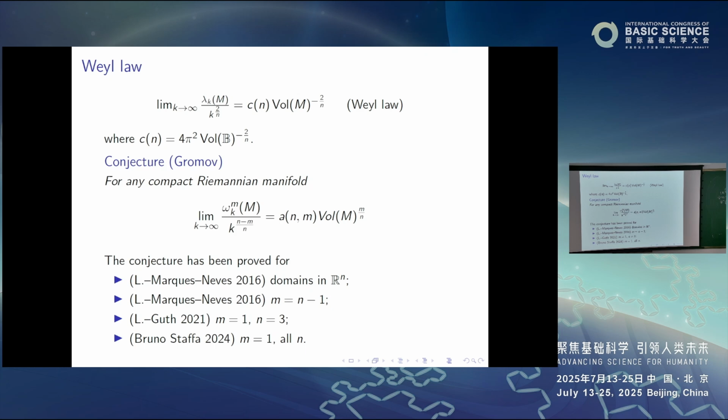Right, so it's quite difficult, but this specific case, S2, was solved by Otis Chodosh and Christos Mantoulidis not a few years ago, and they explicitly computed the spectrum, and that's the only case where we know the spectrum: on round S2. We don't know it on the flat disk, for example. It's quite difficult.